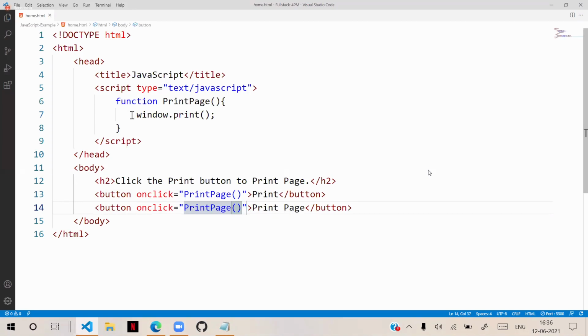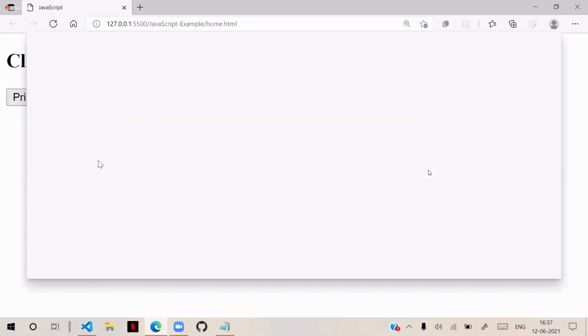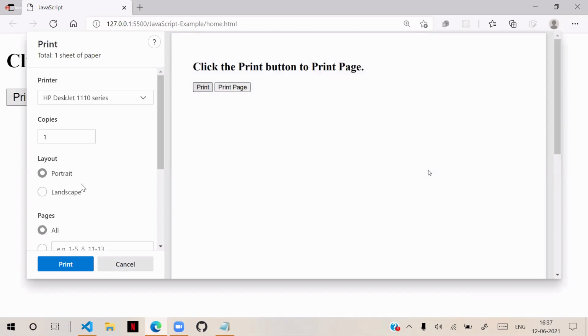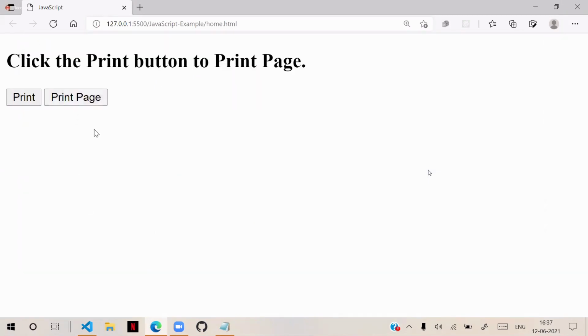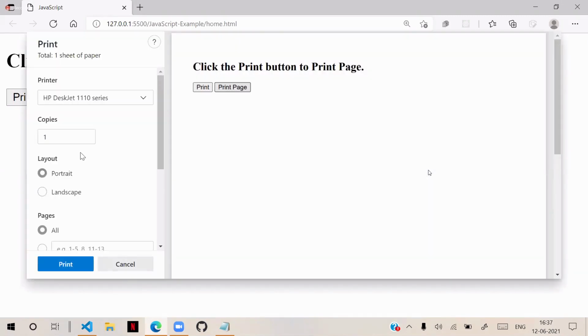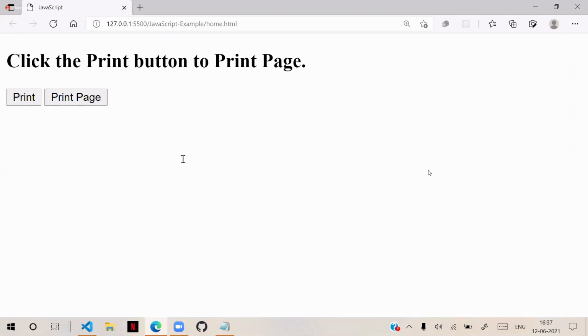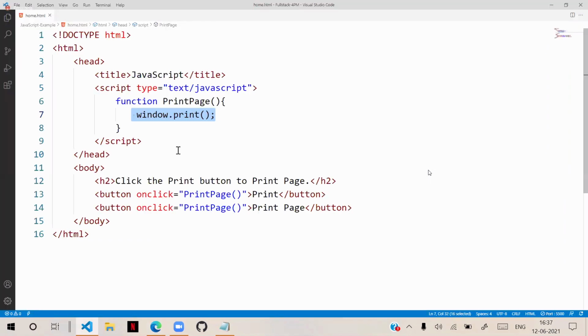In this, you can write so many lines of code which you can reuse across the elements. So now you can see that this is the embedded technique. It is working for the print button, and it is working for the print page button. So everywhere it is the same. This is generally how it happens.